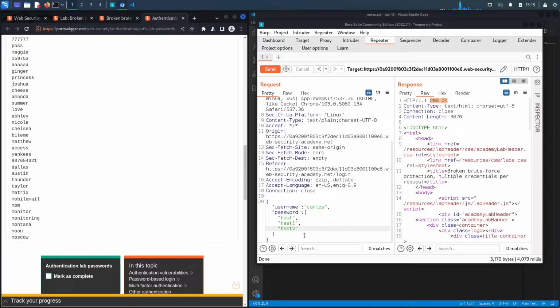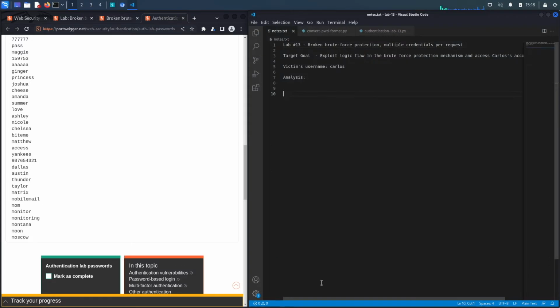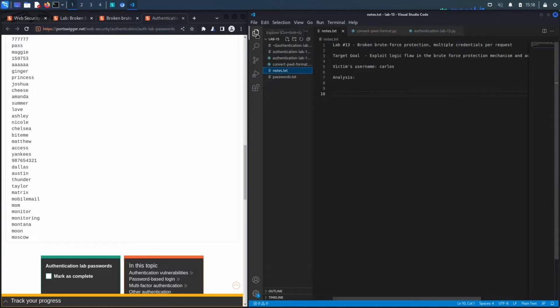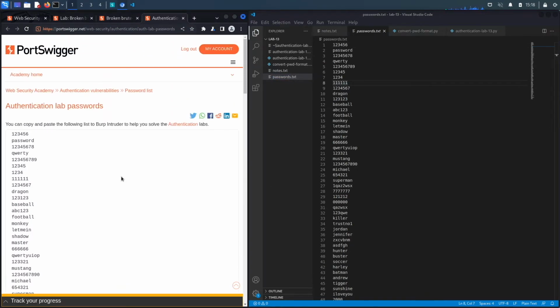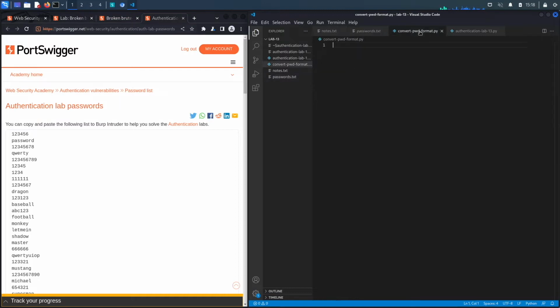So instead of doing this manually, adding the double quote and then the comma, we're going to write a Python script that puts it in this format for us, and then we can just copy the output of the Python script and put it in Repeater. If we go back over here, you can see in my folder I've got a passwords.txt document. This is essentially just this list over here, but in a txt file. We're going to be reading from this file and then formatting it in a way that is acceptable by the request. And we're going to do that using a Python script called